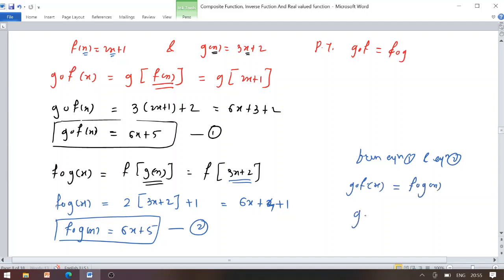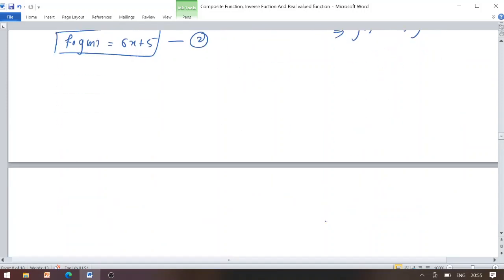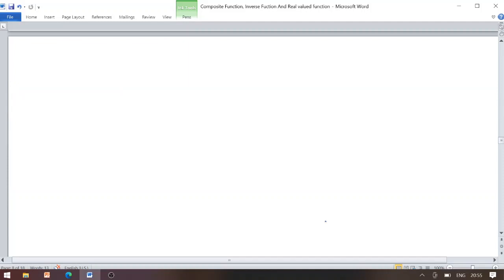So ultimately we have g composition f equals f composition g. That means here the functions f and g are the inverse functions of each other. Now look carefully at the next problem. It is of the form: determine whether the following function's inverse exists or not.